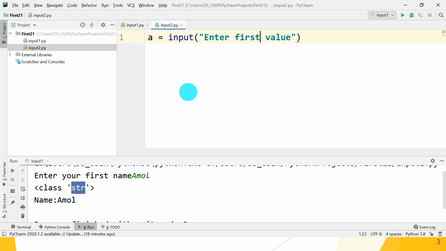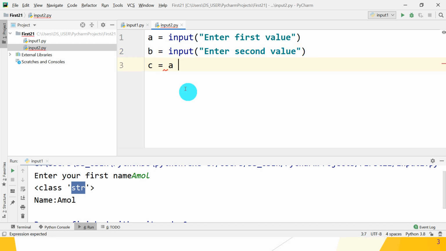This is our first statement. After that, b is equal to input, enter second value. After that take one variable c as a plus b. So add two variables a and b and print it. Print c is equal to, comma, c.